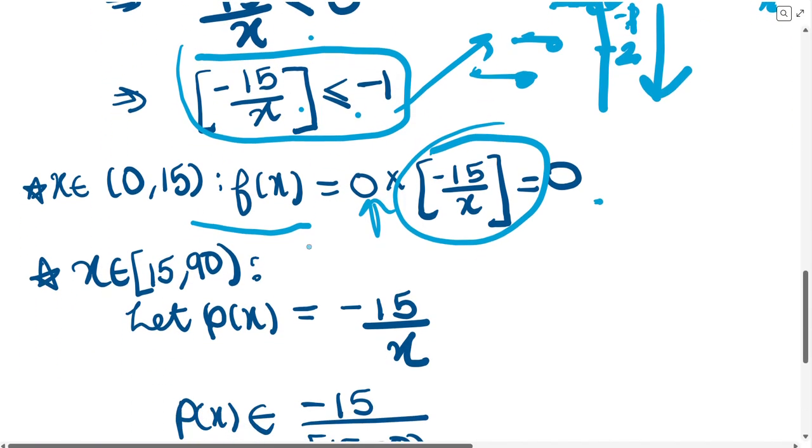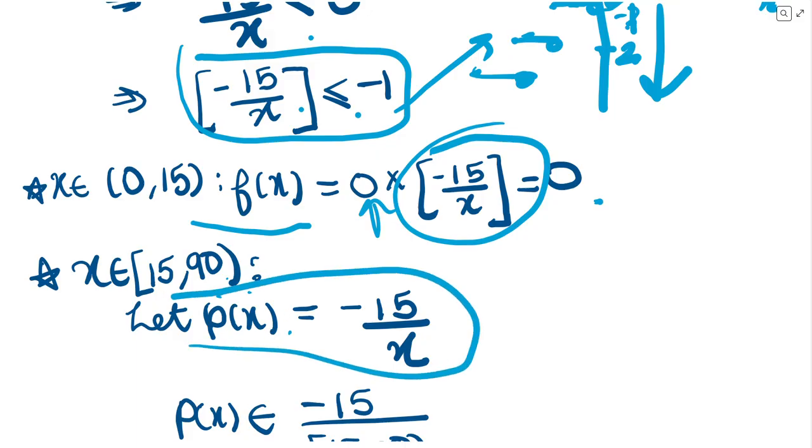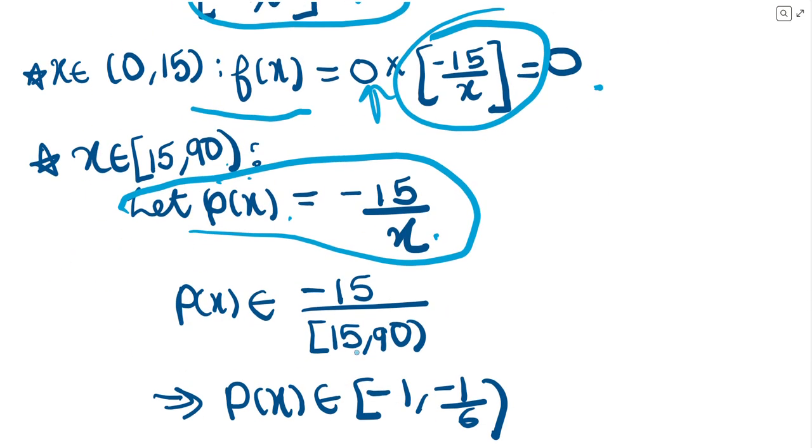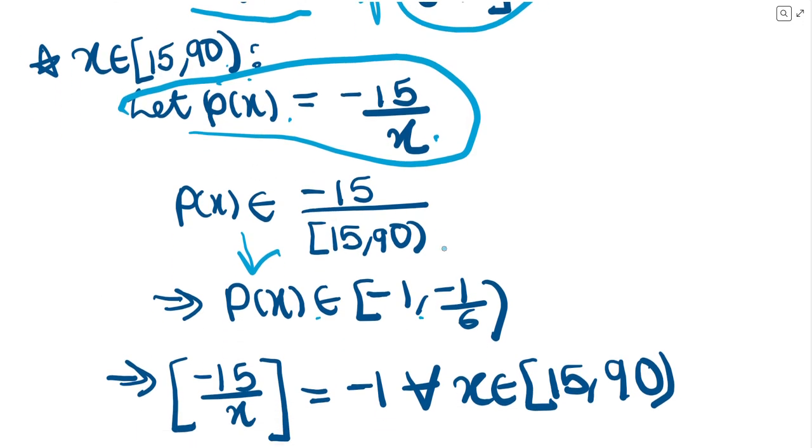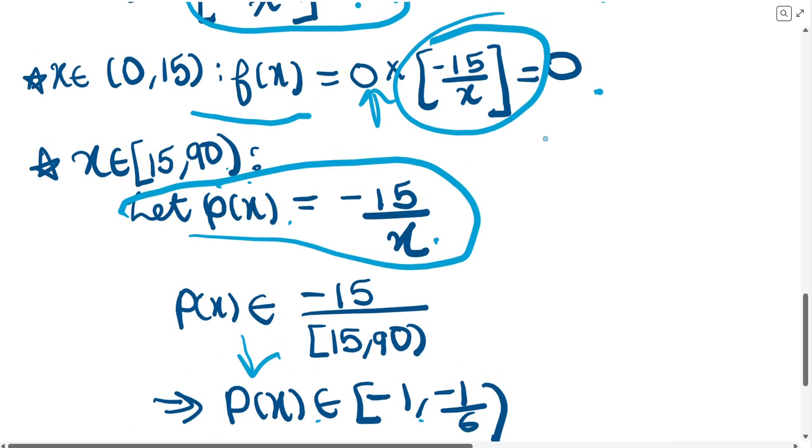All right. So now for the rest of the intervals from 15 till 90, let us define px as minus 15 by x, right? So now we know that x is taking values from 15 till 90, so we'll substitute it here. So now we find the range of the px. Px is belonging from minus 1 till minus 1 by 6, right? It is very simple. We are just substituting the range of values of x to find the range of this px. Okay, so now interestingly we see that in our interval of x, the value of function is 0 in the first case, right? Here we found it to be 0.